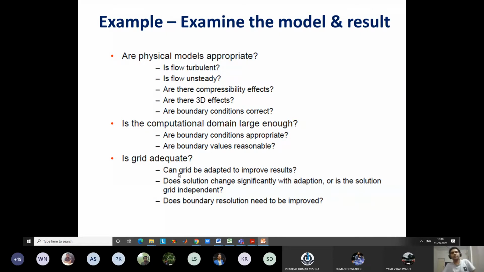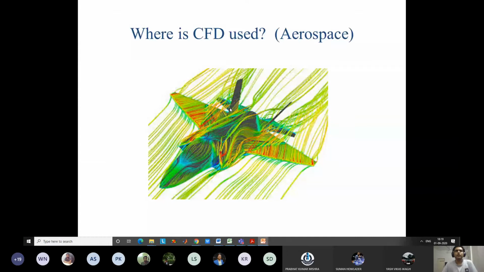We will study also these things in future. So we have to check all these things after solving. Okay. In many cases we do not do, but the idea is that we should check all these things. But with experience, you will understand that okay, the results are correct. We don't have to check many of these things. So it depends on experience. Okay. So we have stopped at that point.